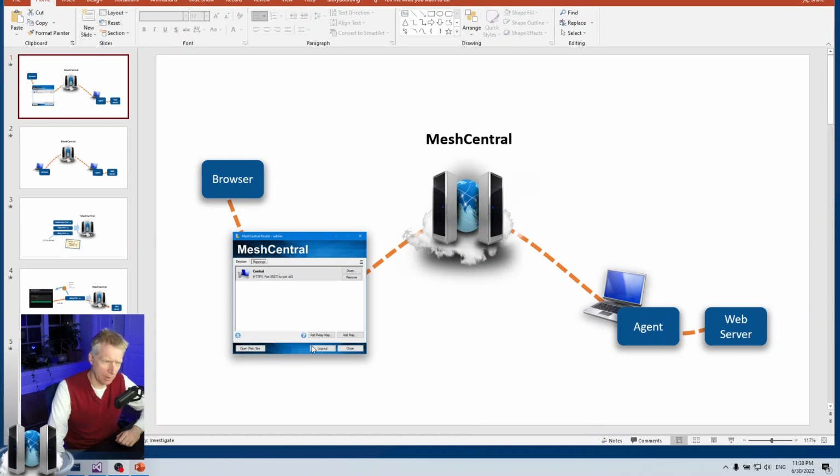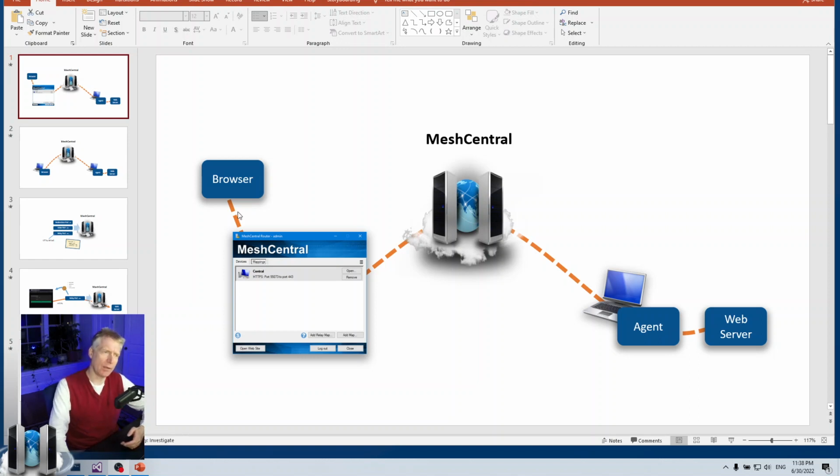Usually you can do it with a single click for a lot of different things, or you can download Mesh Central Router, run it, log into your Mesh Central instance, and then port map a protocol, for example HTTPS, a local port to a remote port on a remote machine.